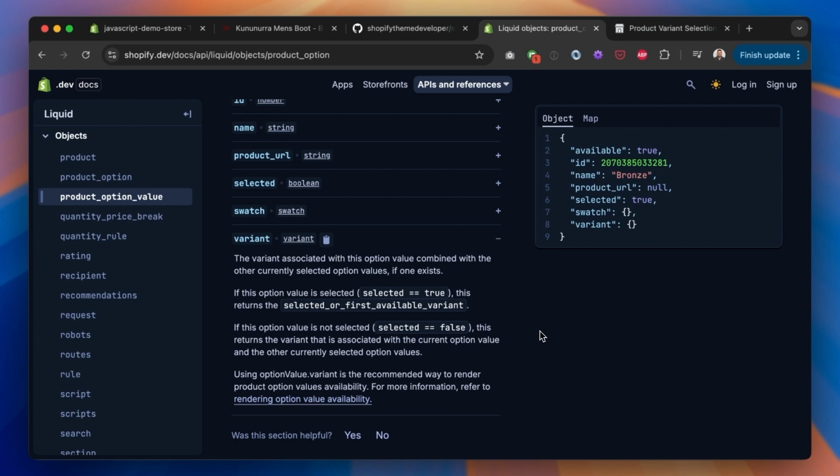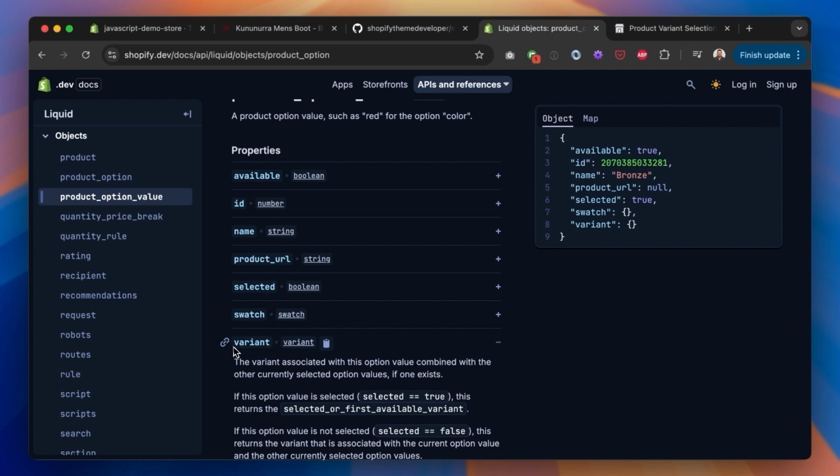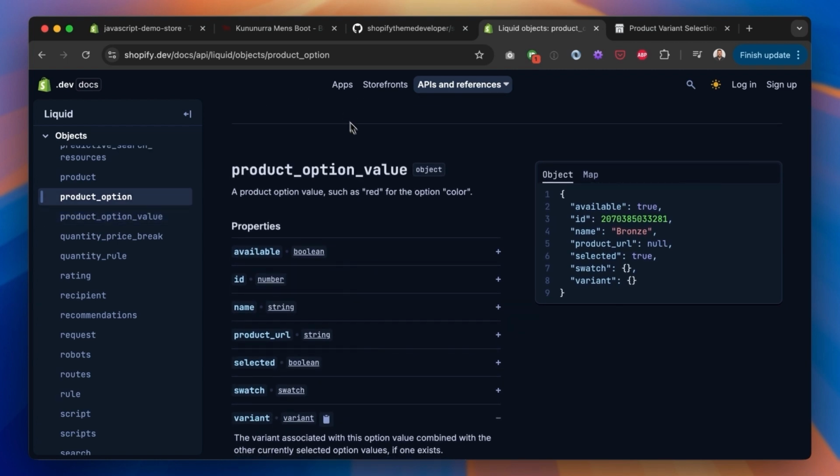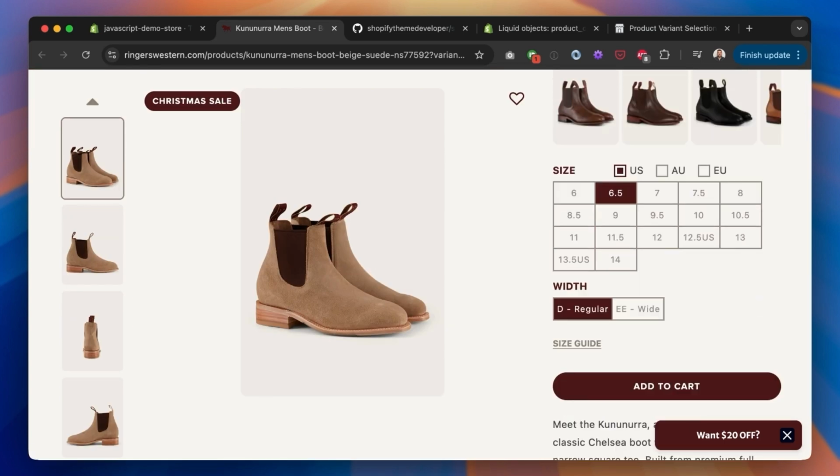Now, one of the problems I've encountered with looping through product options and not knowing the associated variant, which we have access to now, is whether that option is sold out. So I've got an example from a previous project I worked on. I haven't worked on this one in years. I don't have access to their code base anymore, and they've made some changes, so it might not look perfect. But I remember working on this thing right here, which was the size selector and the width selector right here. And what the client wanted to happen was if a particular width or size was sold out, there should be